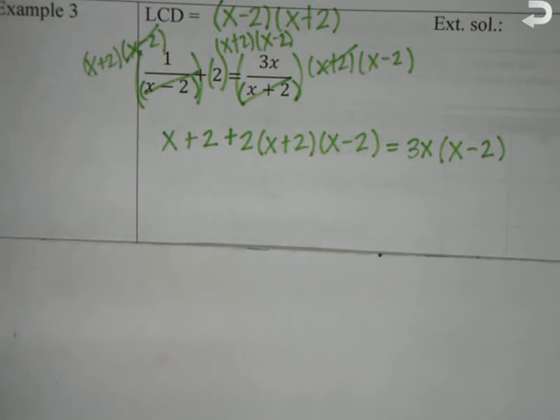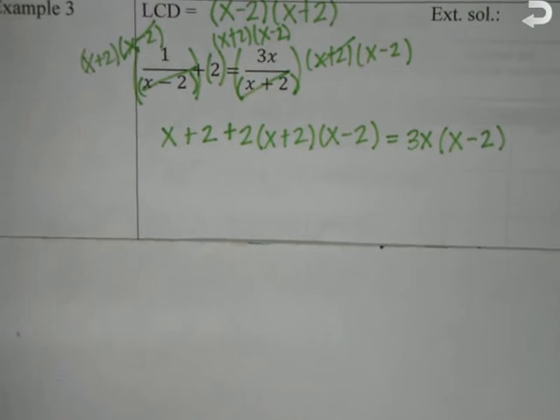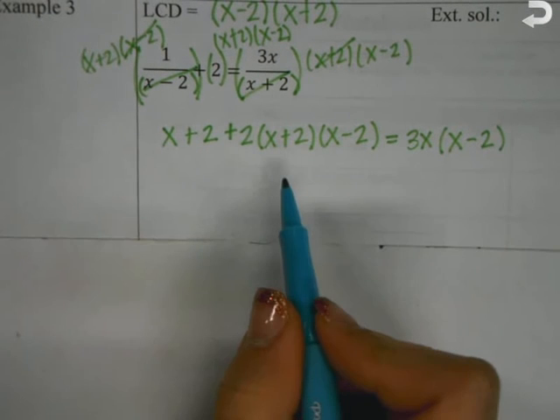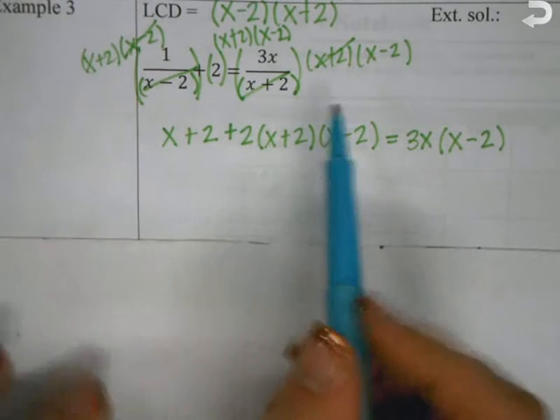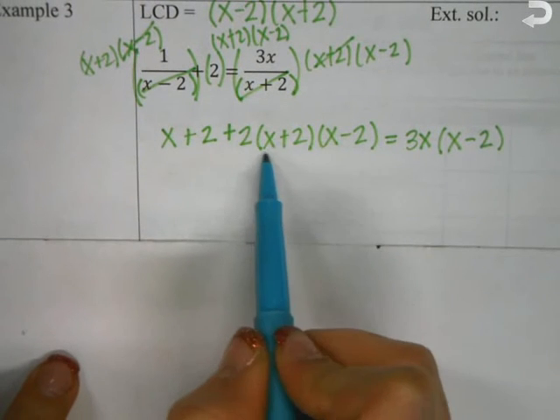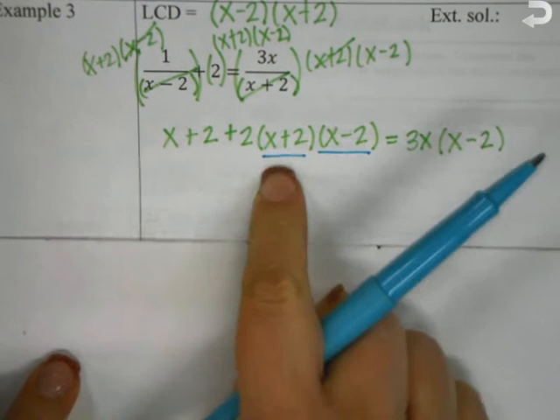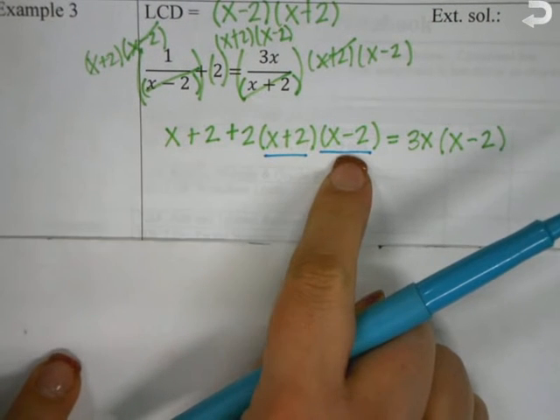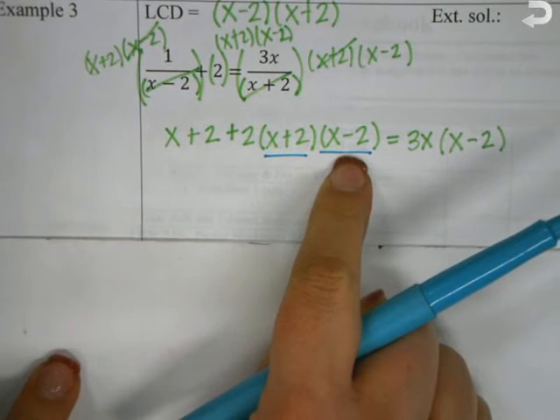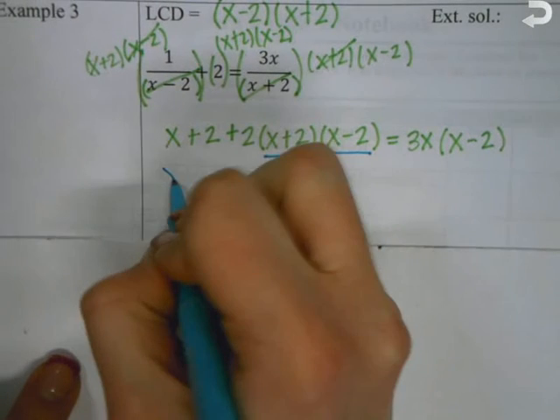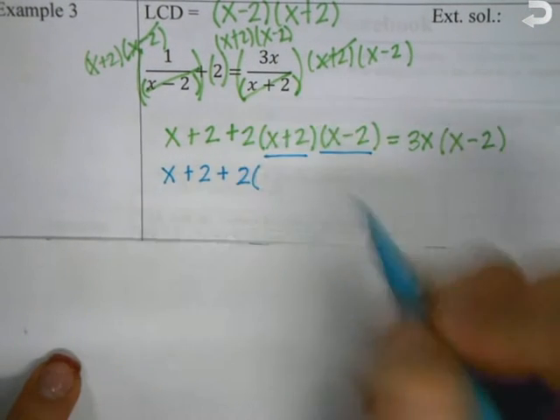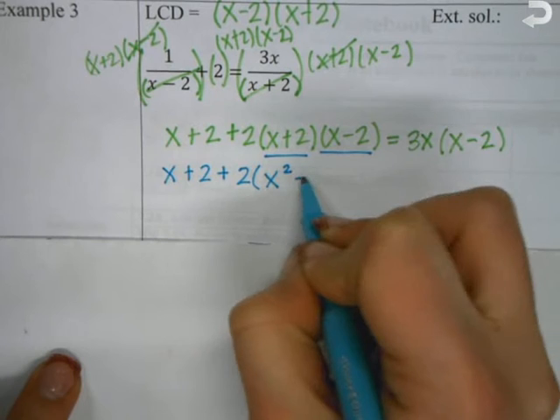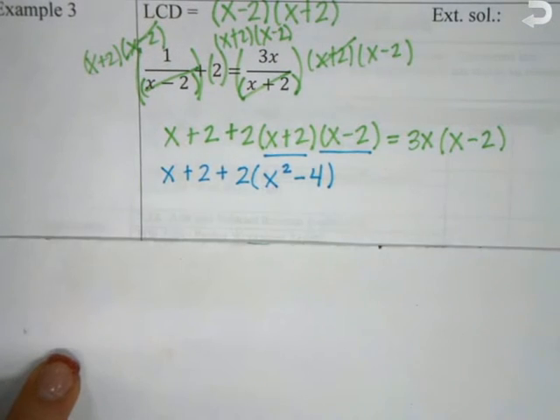To make things a little simpler for us, instead of distributing the 2, let's do this part first. What's x plus 2 times x minus 2? Good, x squared minus 4. It's just a difference of 2 squares, right? So this is going to be x plus 2 plus 2 times x squared minus 4. Because all 3 of these are being multiplied together, I can change the order of the multiplication because order doesn't matter. Equals,